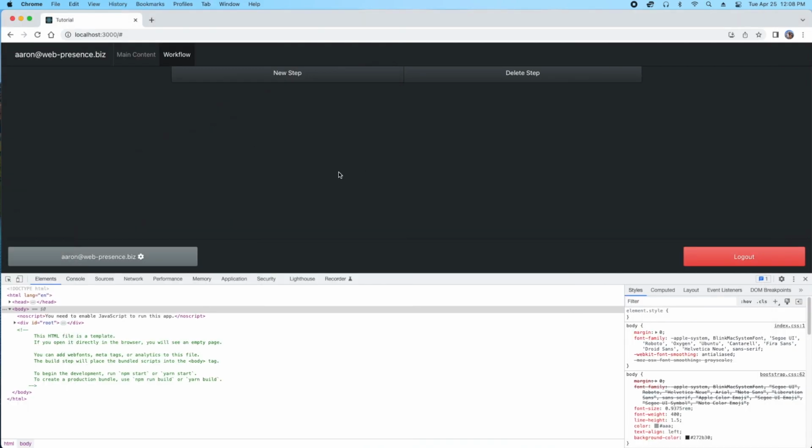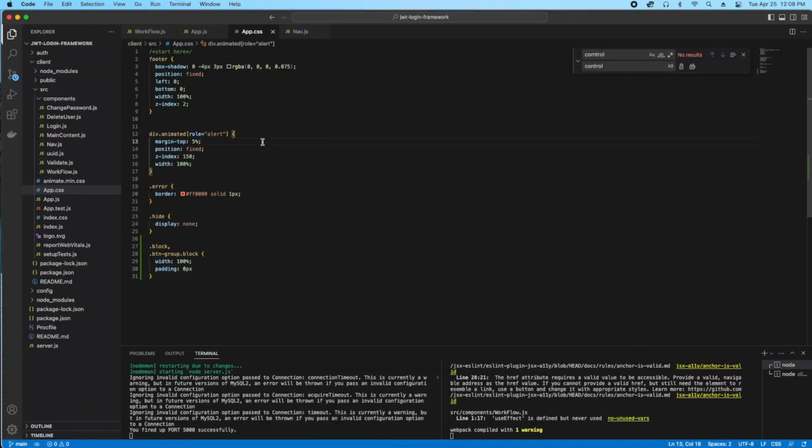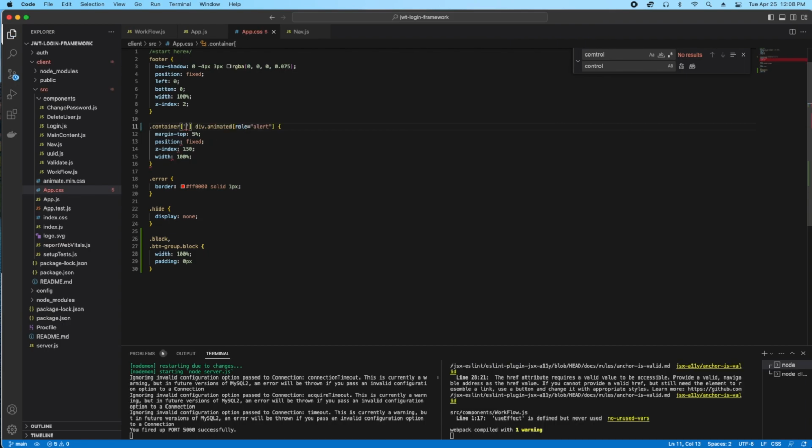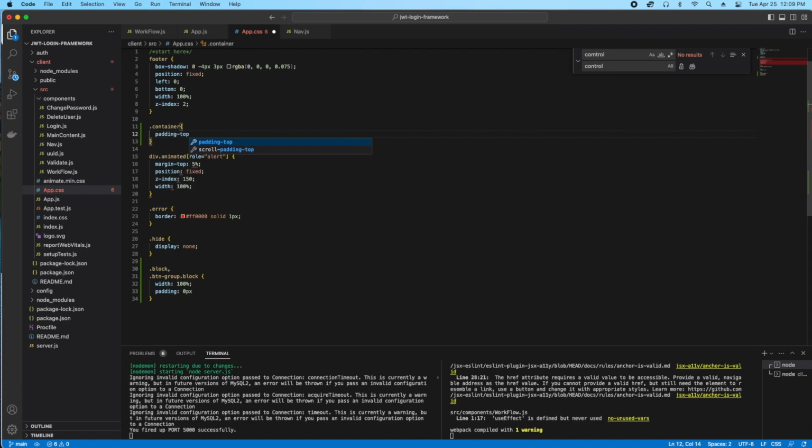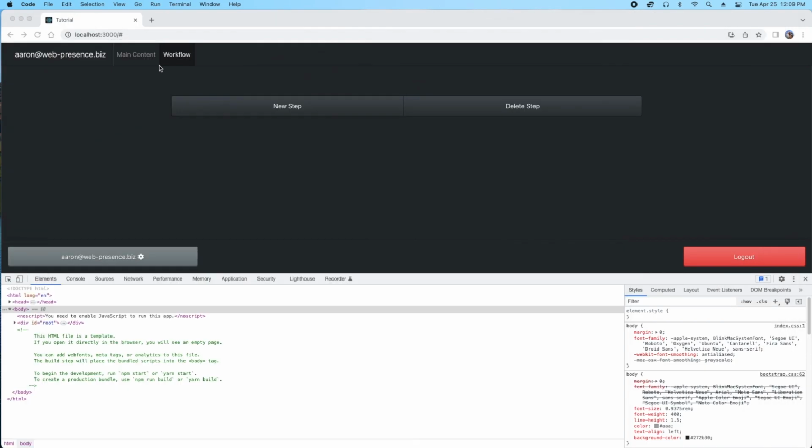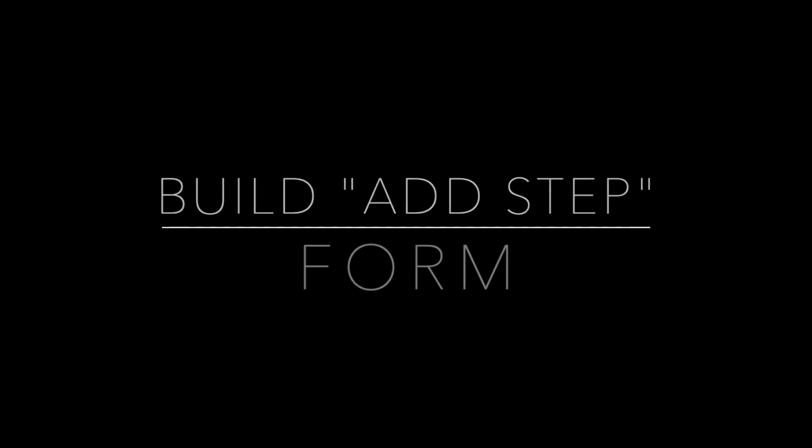I'm going to use this class a lot. It's called block. It's a width of 100. And it's just kind of a display of something that I want to go all the way across. Our container, like our main content, I'd like it to be a little lower so the nav doesn't cover it. So right now, as you can see, the nav was overlapping and you couldn't see it. So let's just give it a little space. And there we go, 80 pixels. We can change it if we want. But as you can see, also now we have a group of buttons together, and those will determine what function